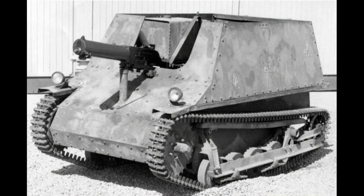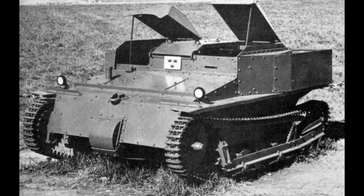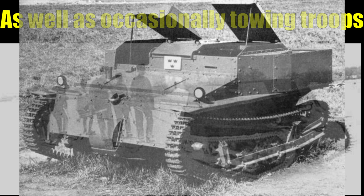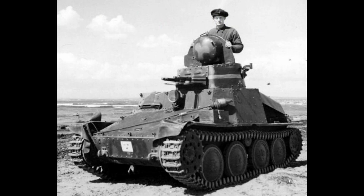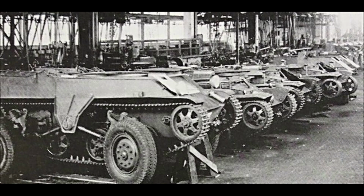Sweden did import a few more vehicles, namely a single example each of the Carden Loyd Mark 5 and 6 tankettes, but these were only armed with machine guns and more intended for use as tractors for anti-tank guns rather than true tanks, while the more numerous Strv M37, a Swedish-built version of the Czech AH-IV tankette, also only had machine guns. So not finding any other foreign tanks worth looking at, Sweden instead started to look at building tanks